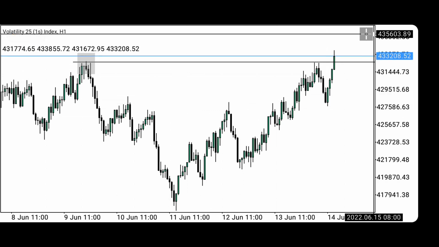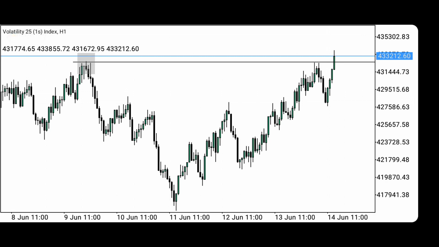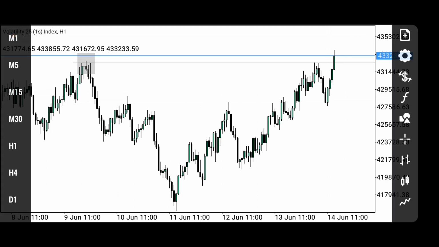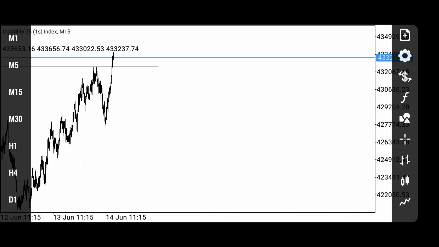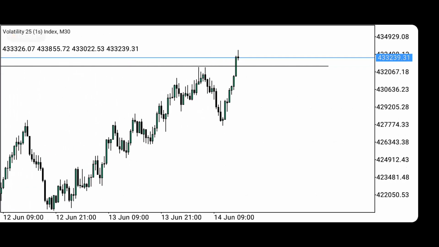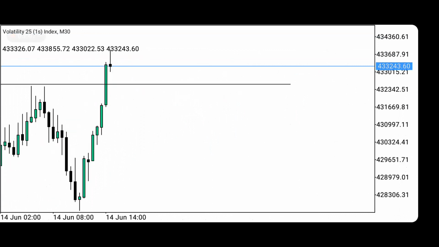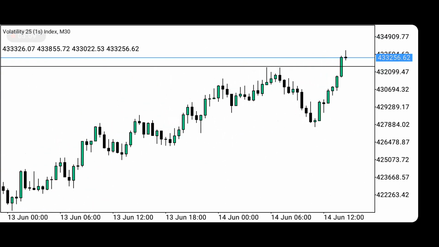we scale down to a low time frame to see other price signatures that we can identify. Price is making successive higher highs and higher lows in the lower time frame. Okay,